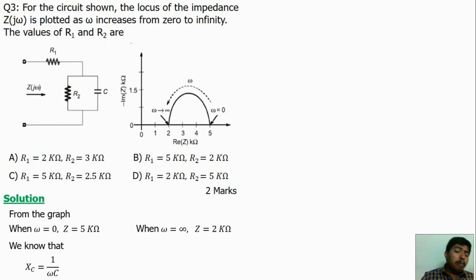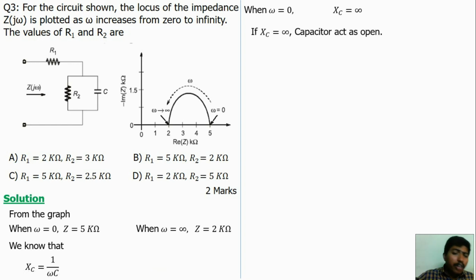Xc is equal to 1 by omega C. When omega is equal to 0, what is the value of Xc? Xc is equal to infinity because Xc and omega are inversely proportional. If Xc is equal to infinity, what will happen? If Xc is equal to infinity, the capacitor acts as open because